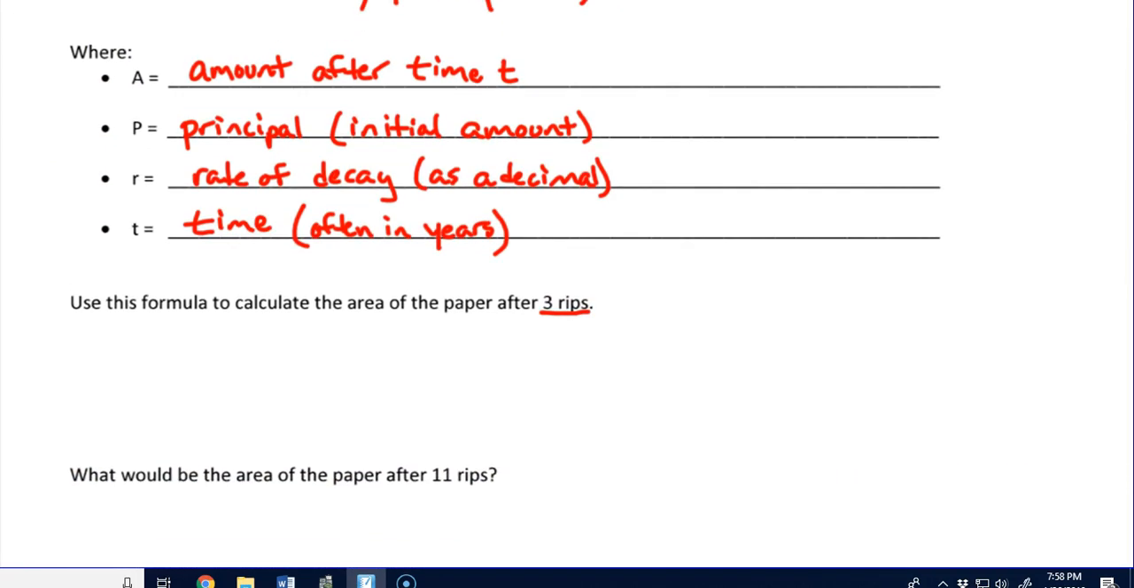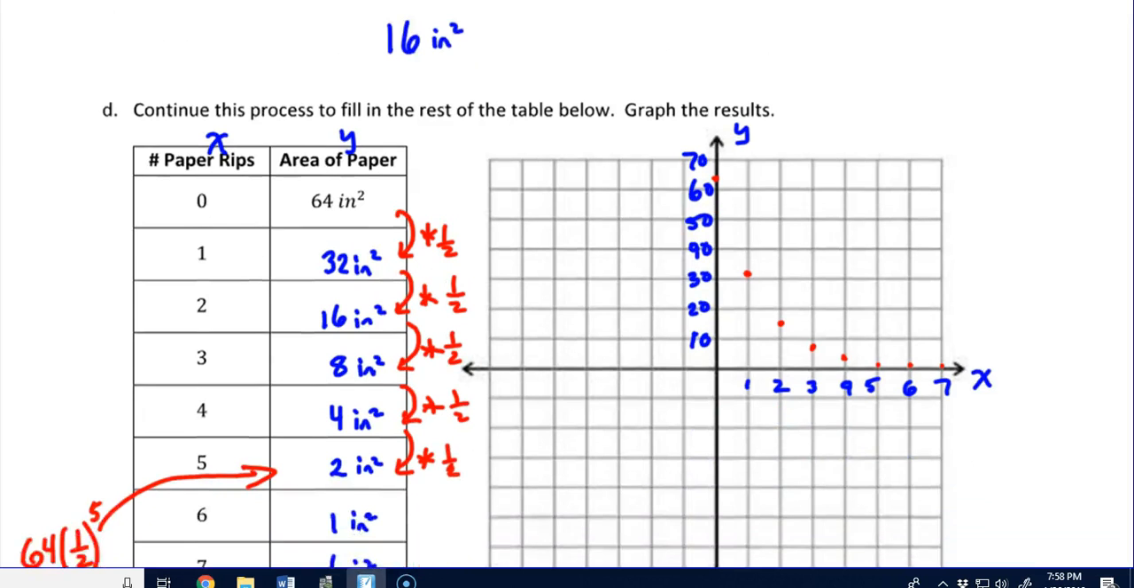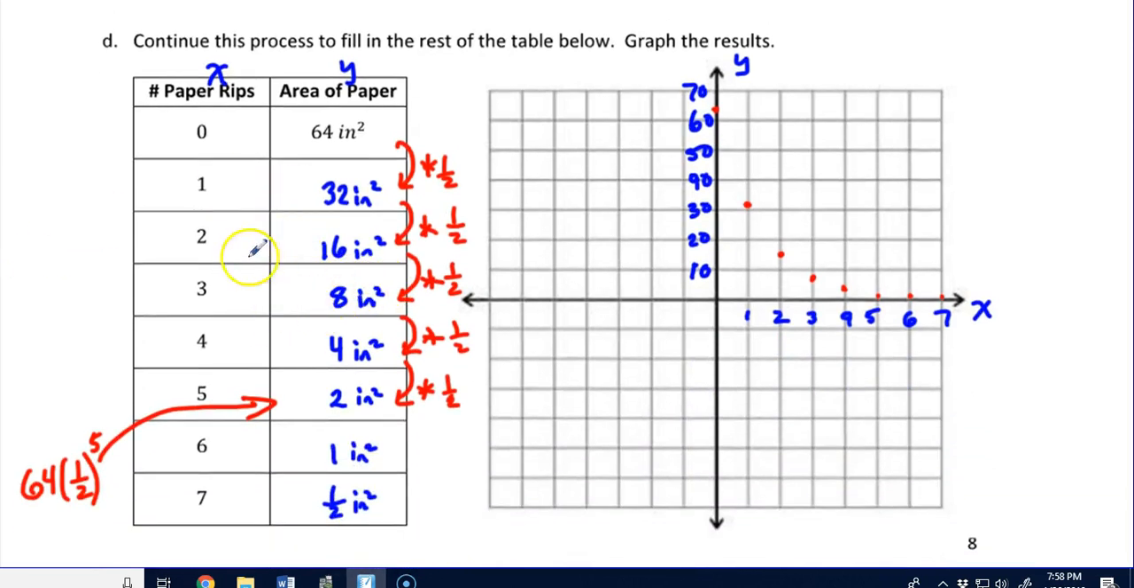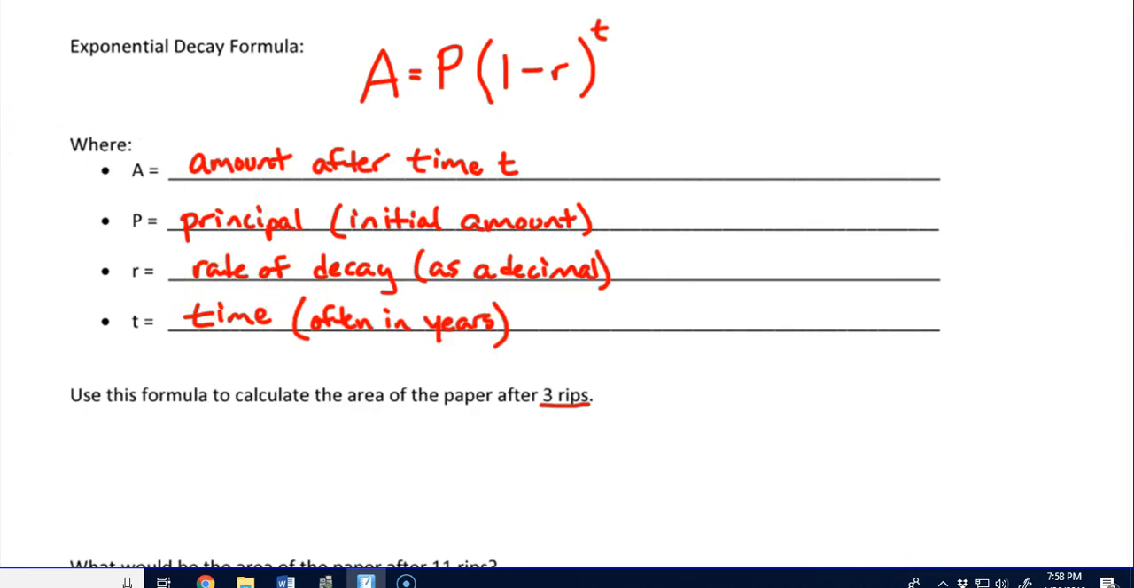So we know how many square inches we expected after 3 rips. According to our table, it's going to be 8 inches squared. So let's see if our formula results in the same value. So we'd say A equals our initial amount. So we start with 64 square inches, times 1 minus half, which is going to be half, as we talked about, raised to the 3rd power,